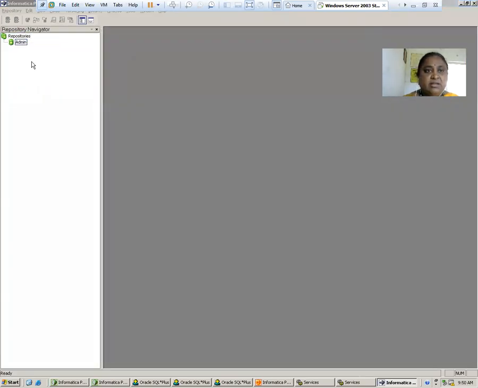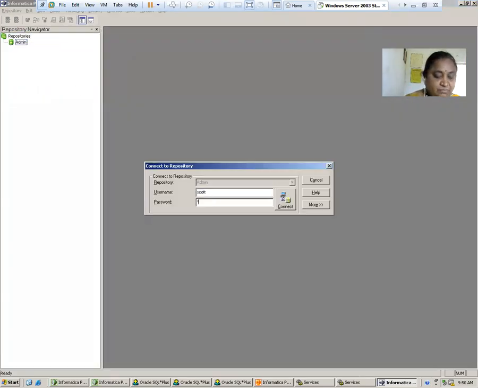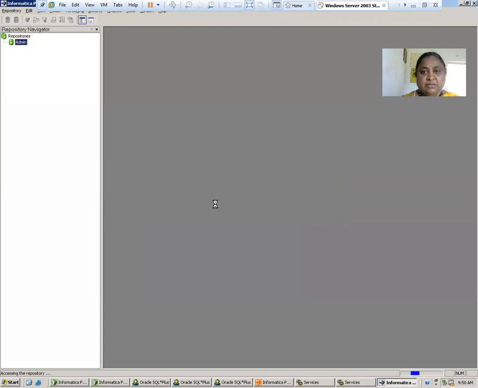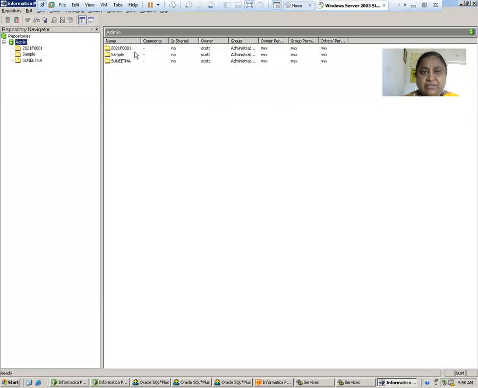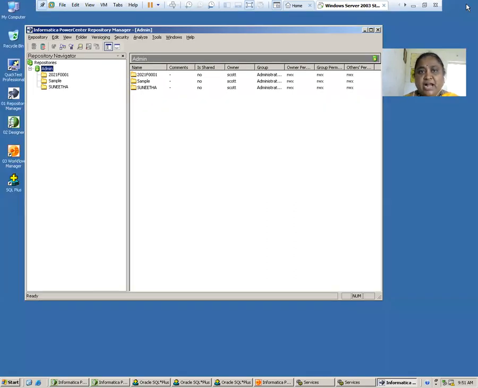So right click, connect, Tiger. In the previous lab, we created 3 folders, 3 sub-repositories, under your main admin. So under main admin, you have 3 sub-repositories. Now you want to create a new repository.